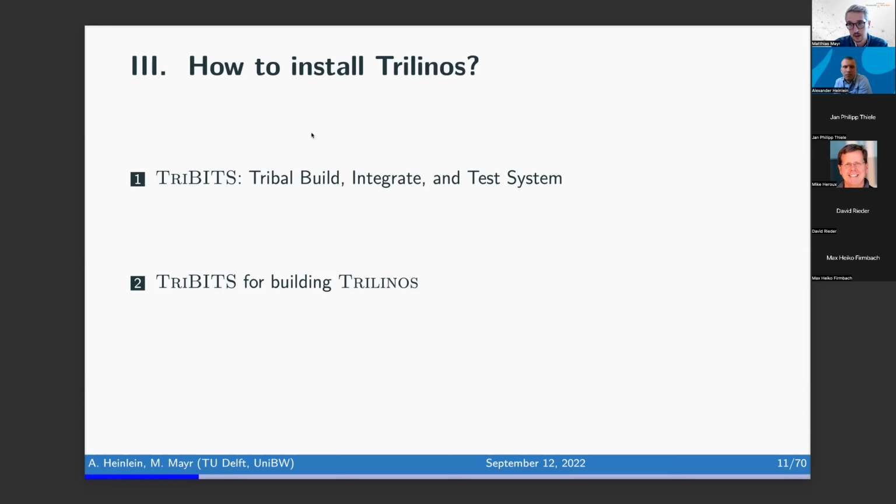And so I'll show you some more slides with some background on the Trilinos build system and how to interact with it. And then we're all going to switch to a hands-on exercise where you can configure and compile Trilinos for yourself. And after that, there's going to be a second part that Alexander